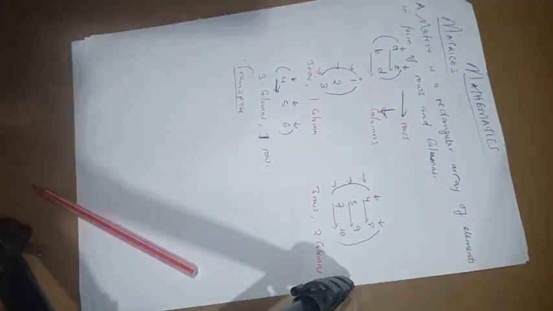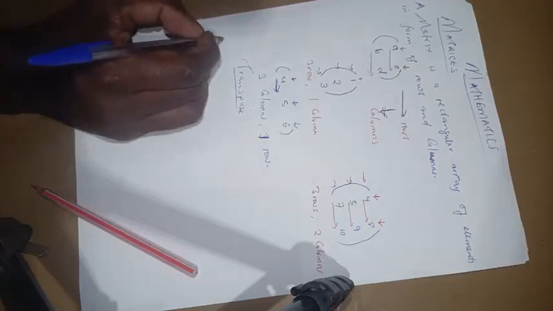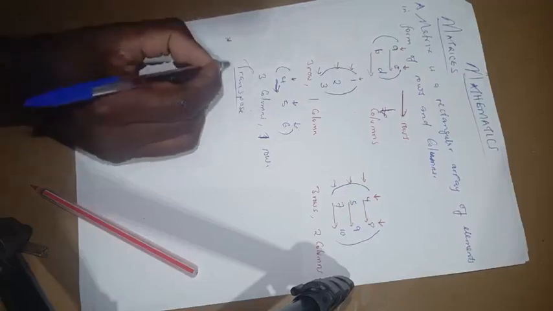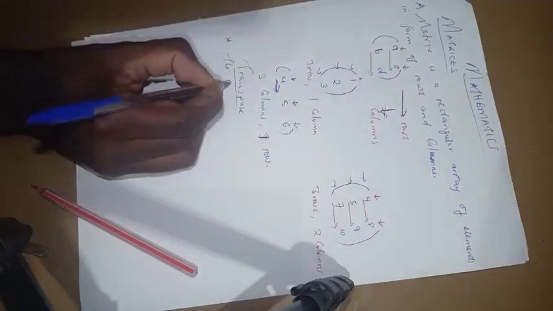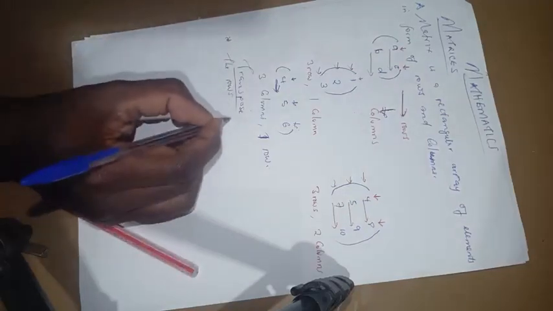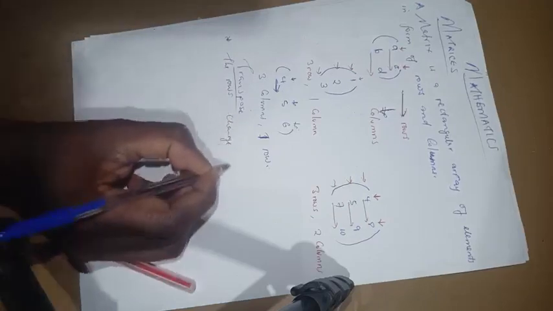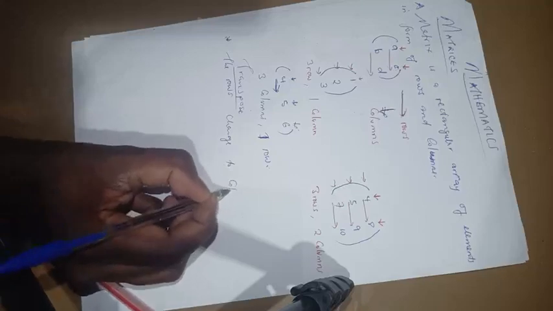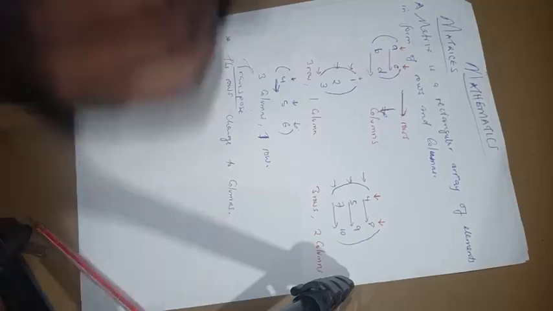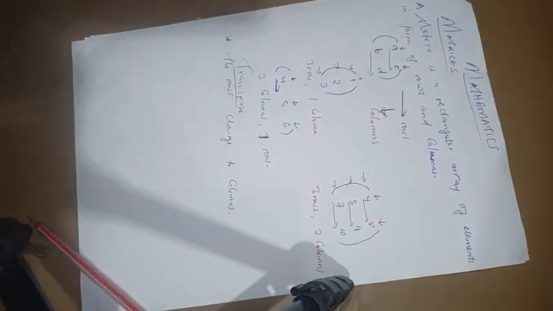Transpose. Okay, now when finding the transpose of a matrix, what are we looking at? So here, the rows change to columns. So when finding the transpose, you simply change the rows